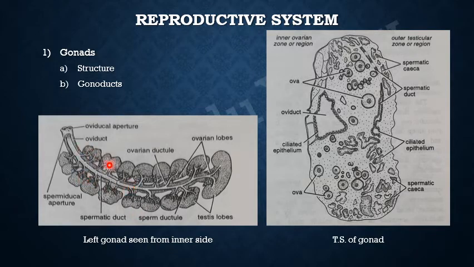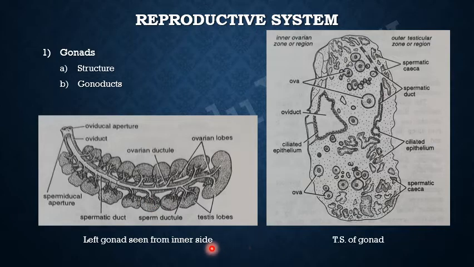Means if there are 25, then there are 12 to 13 lobes inside and 12 to 13 lobes outside, or 12 lobes on one side, 12 lobes on the other side, and one central, the apical lobe present on the tip of the gonad. The median lobe present at the proximal end is the largest, unpaired and crescentic or bean shaped. This is the apical lobe, and it is bean shaped, kidney like shape, and the other lobes are all paired. This one pair, two pair, three pair, four pair, like this.